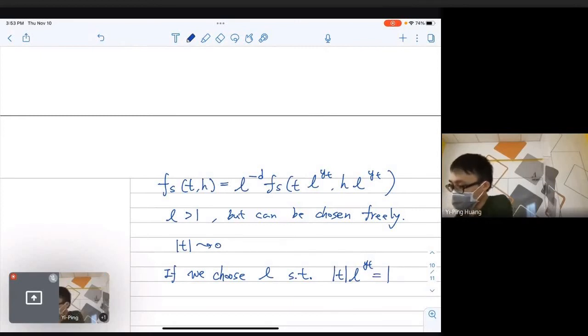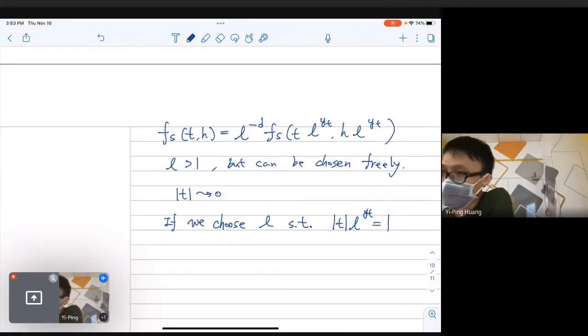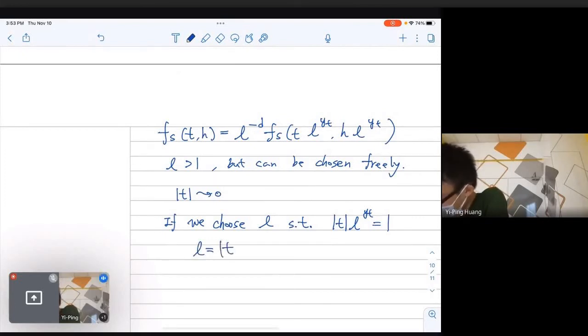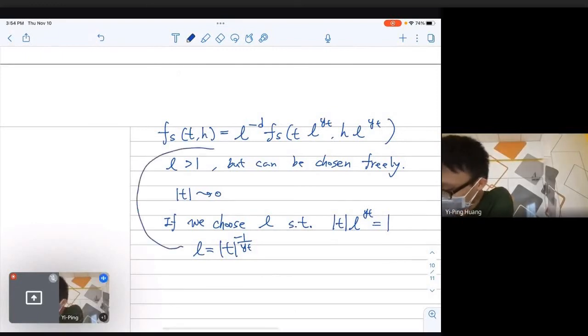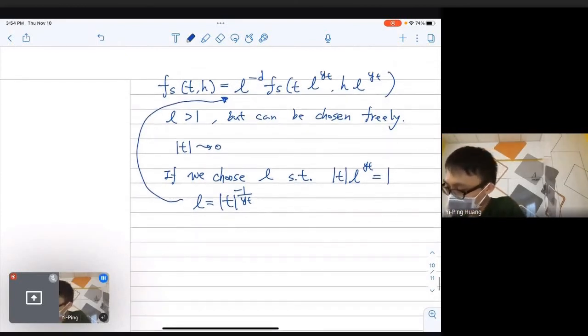Okay? So if you choose your L in this way, what does that mean? It means that you can basically say L equal to absolute value of T to the power of minus 1 over YT. Did I get it correct? It should be a minus sign. Okay, that looks right. So if L looks like that, then you can try to plug that into the singular part of your free energy. Then what you will get is